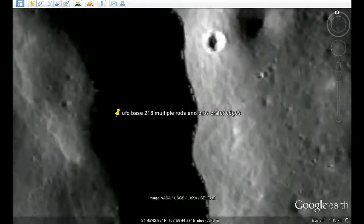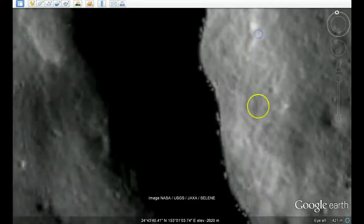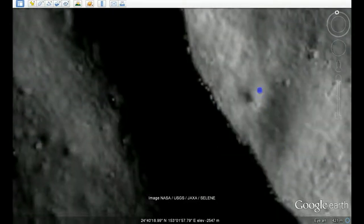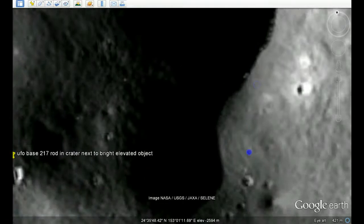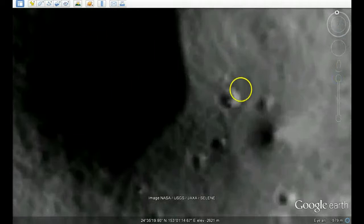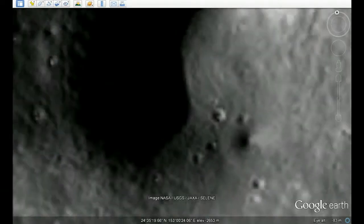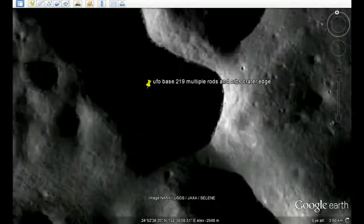We got many towers here in this crater, which is common in the Tycho crater. They're all around the edges. You see the whole formation. Not sure why, but it's very common to have it all around the edges. Oh, we just missed this nice little structure here. We got the rod building coming up. We got court-like areas around it, zigzag, and again the green becomes more green towards the craters, assuming that's where